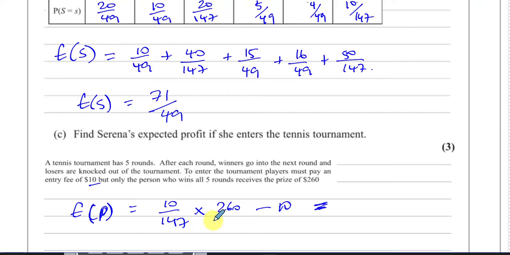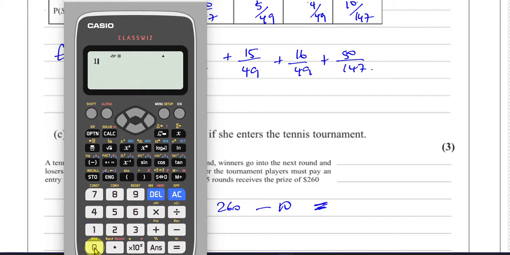So you multiply that by the prize money, take away the money it took her for entering the competition, and that will give you what's called the expected profit. So let's work out what that is. So you have 10 divided by 147, and you multiply that by 260. And then you take away the 10. That gives you the expected profit, which is